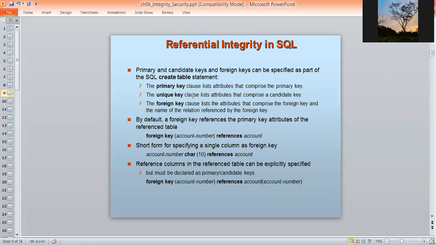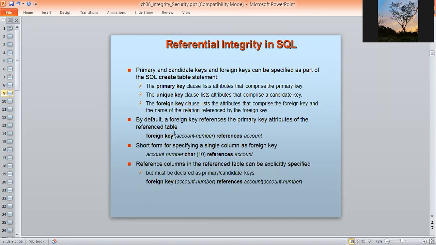The unique clause can also list the attributes that comprise the candidate keys, and foreign keys also can be listed during the creation of the table by the SQL commands. By default, the foreign key references the primary key attributes of the referenced table.